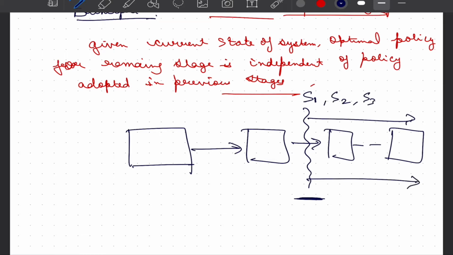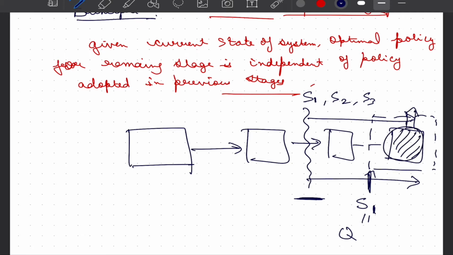It means that, let us say we have to make many sequential decisions in a system. Whenever we are standing at a particular stage, we should not care about how we have arrived at this point. We should always look forward and try to maximize the gains from wherever we are standing.